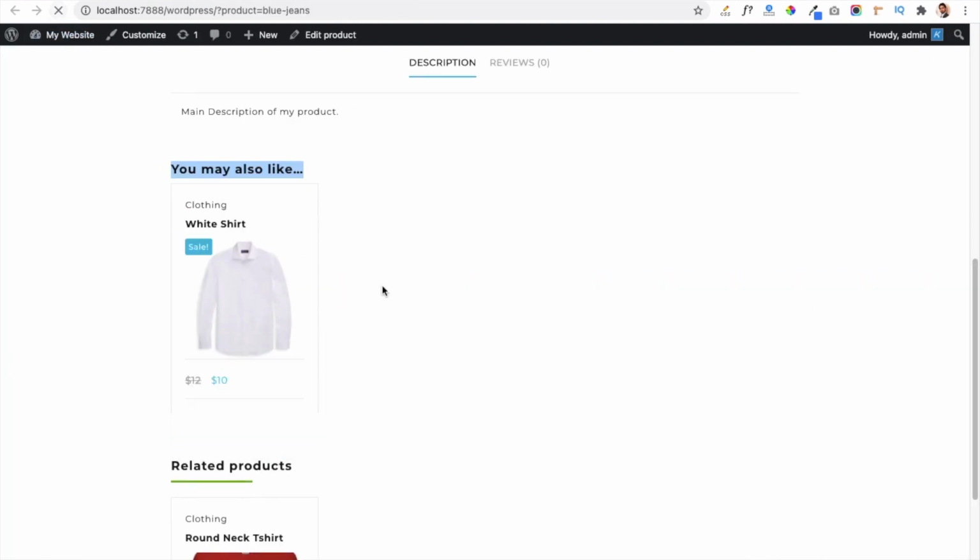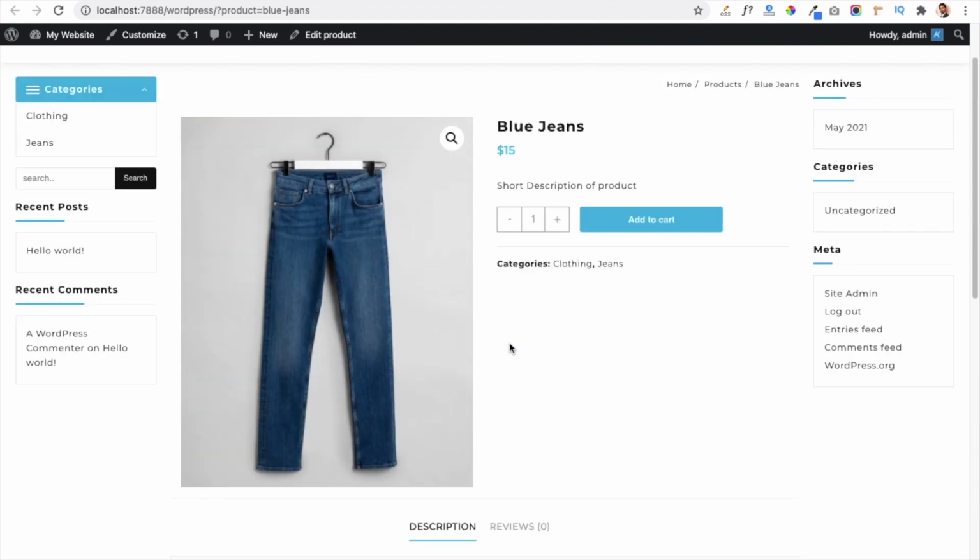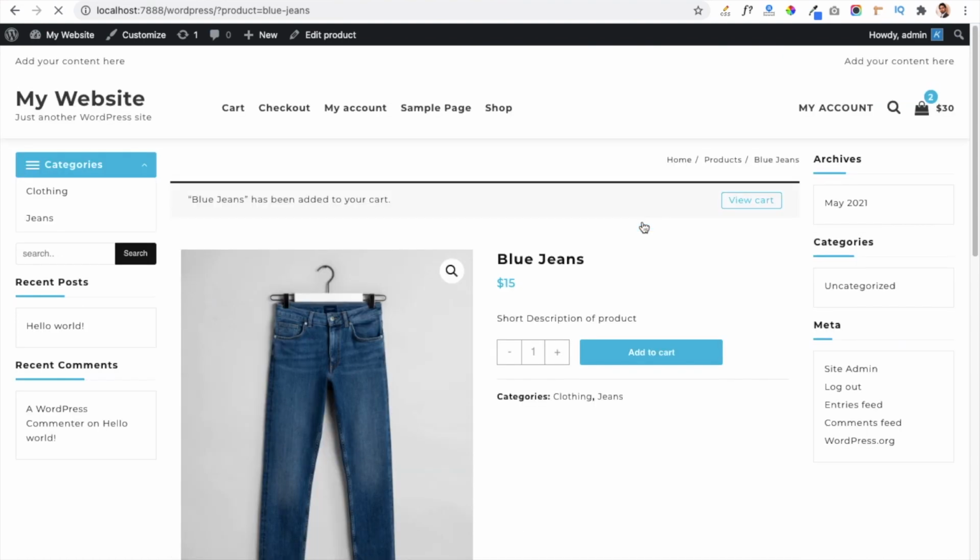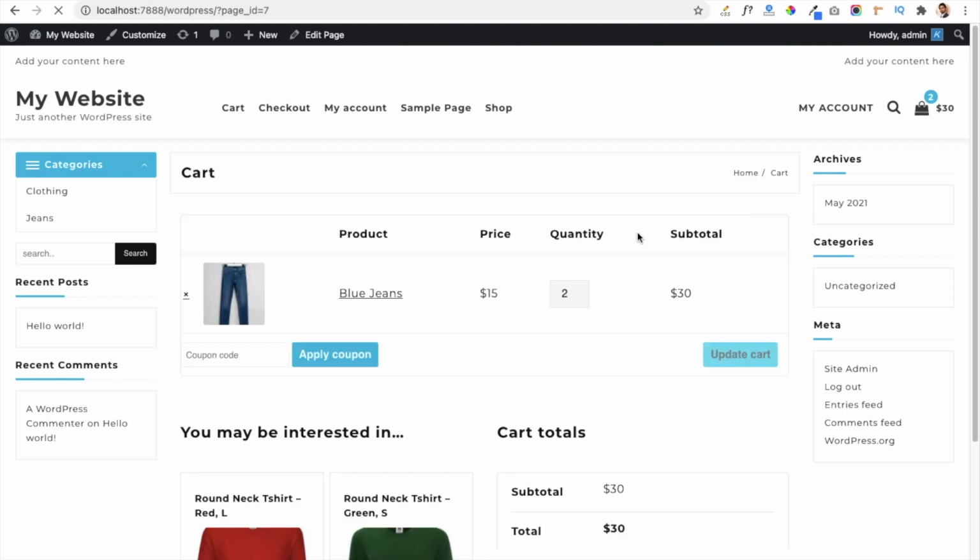You have to refresh this page and then we will check whether it is showing cross-sell products or not. So now my page is updated, and now I am going to click on the add to cart button, because cross-sell products will show in the cart page. So my product is added in the cart, and now I am going to click the view cart button here, and then we will see whether our cross-sell product is showing or not. Yes friends, you can see this, our product is now added in cart, and